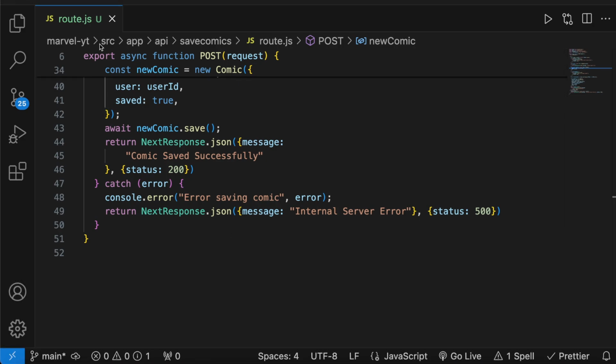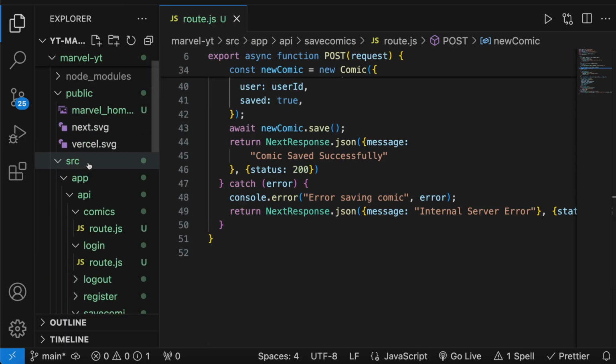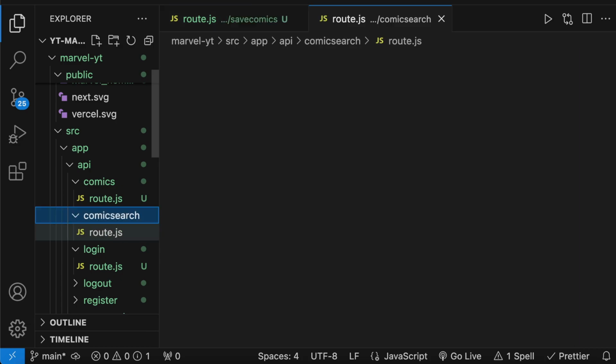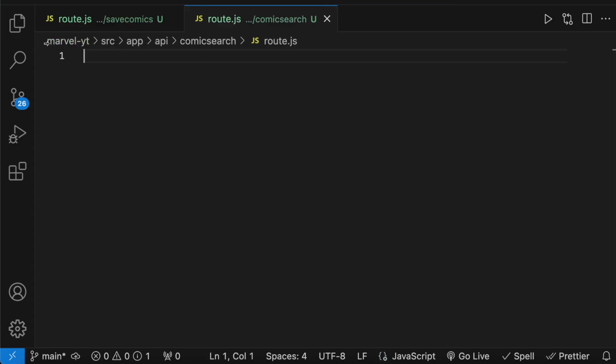So our next route is going to be, let's come over to API and we're going to create a new folder, and this route is going to be called comic search. And what this does is, I'll show you in a second. Let's just have this as route.js, and let's just close out of this. So what this does is,